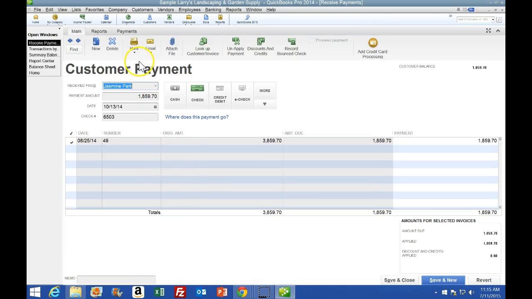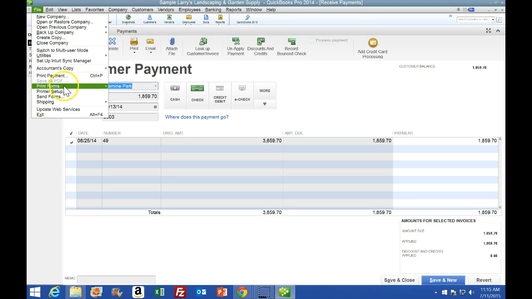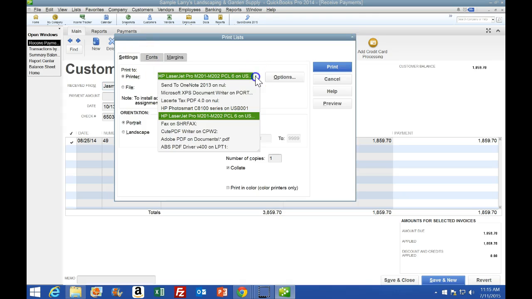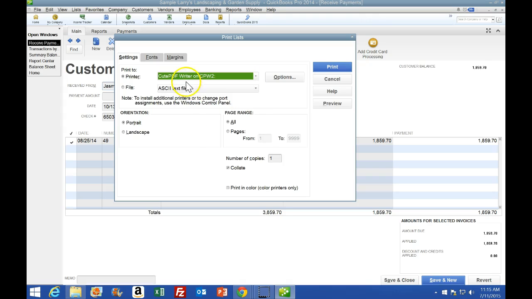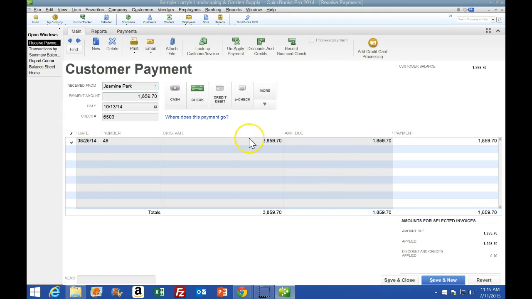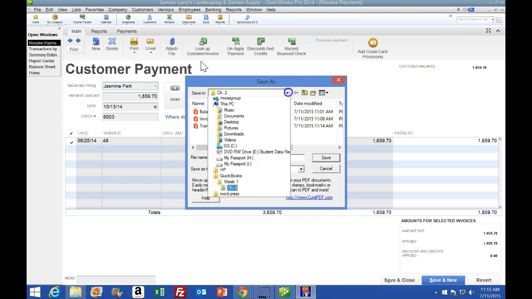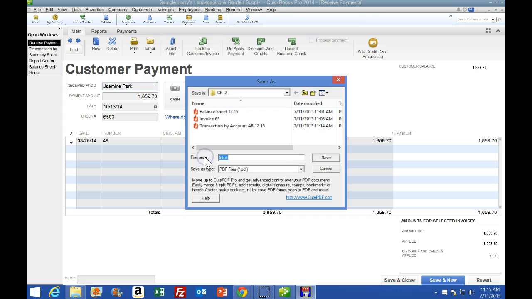So once again, I'm just going to go ahead and print this while it's open. So in order to do that, we could go to File once again. And notice that the Save As is not there in this case. So we then could go to the Print button, and we could print it as a PDF. So I'm going to go to my PDF printer. And if it doesn't pop up, it might be behind the screen, so I'm going to go ahead and minimize this. Then it pops up. It's going where we want it to go right now. So I'm going to go ahead and say, okay, customer payment. And for